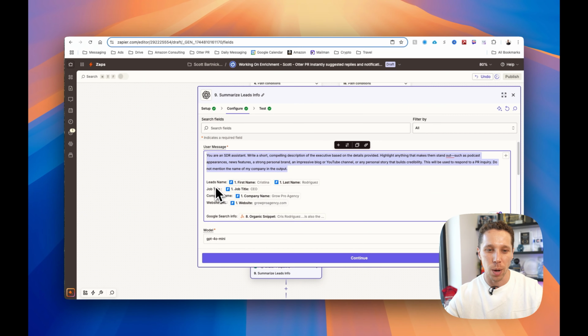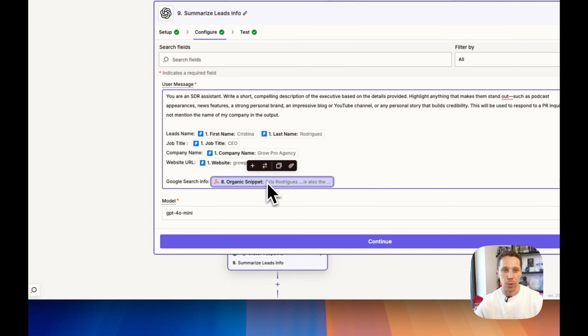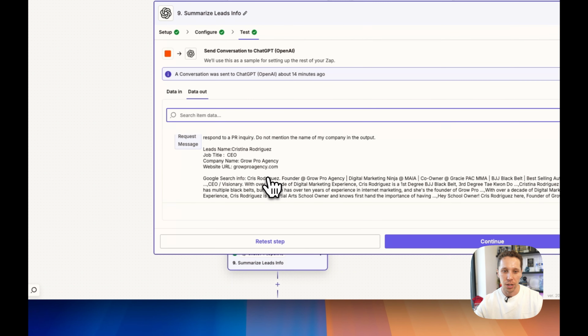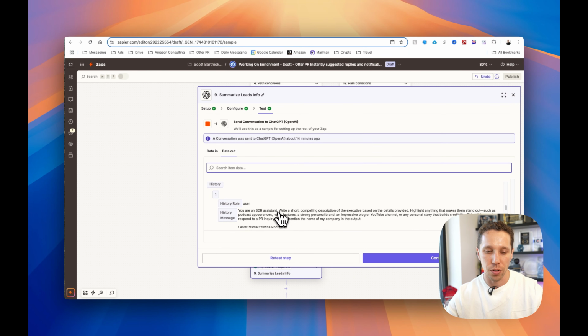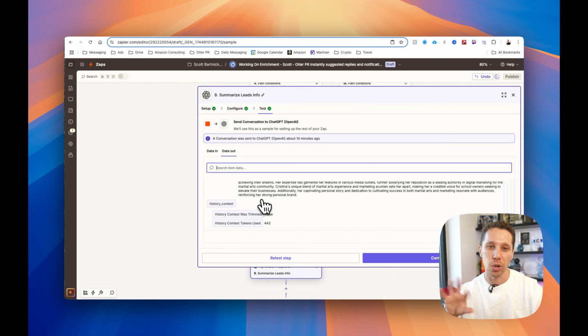Then I'm just prompting it with all the information. And here is the information we got from the Google search. So put that right in there, and then it's going to output basically a cleaner reply for us of all the information. So it works, it's all great, and that gives me the summary, which I can then use later,